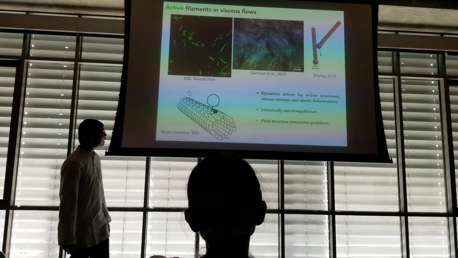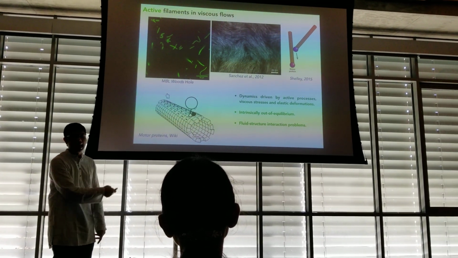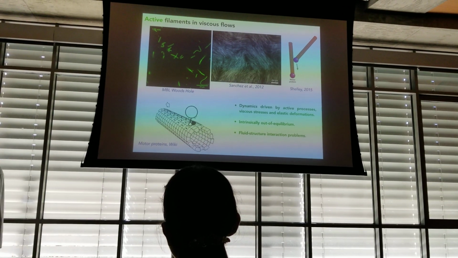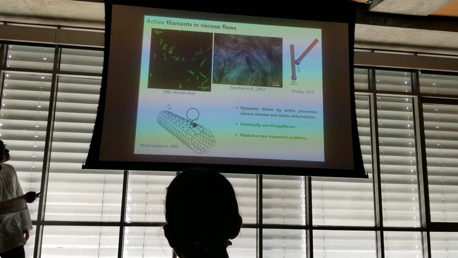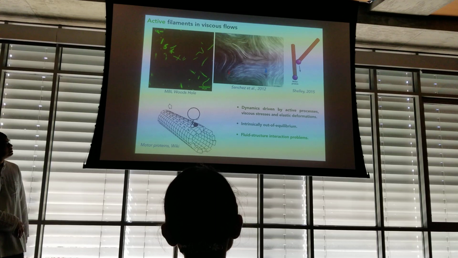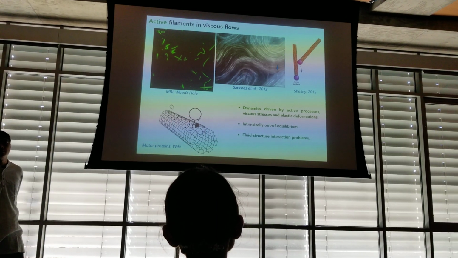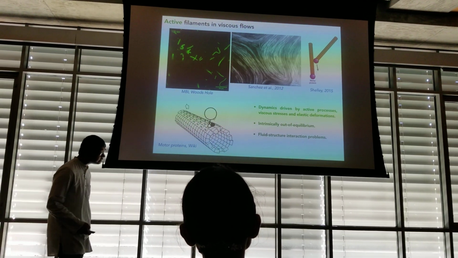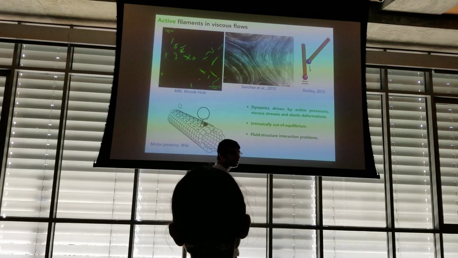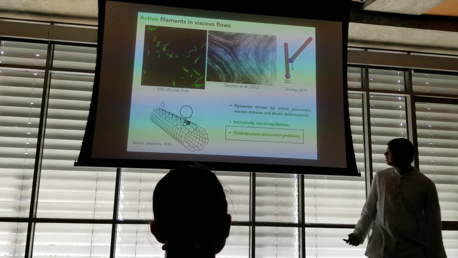What is typical of active matter problems is that if you gather a lot of these active agents together, you can observe collective or emergent phenomena. So in this movie, you see a dense suspension of microtubules performing this large-scale coherent motion. What I will do is treat both passive and active filament problems as fluid structure interaction problems